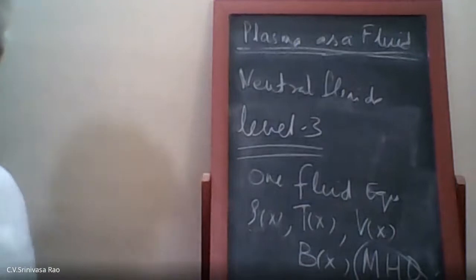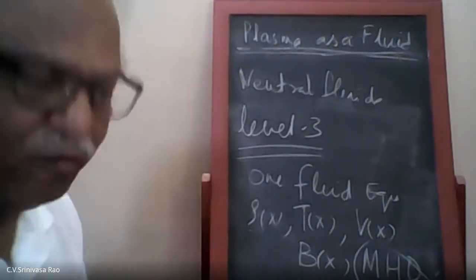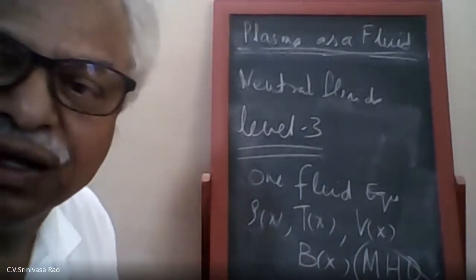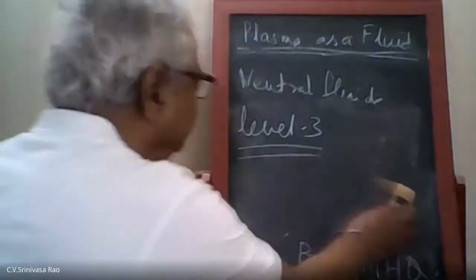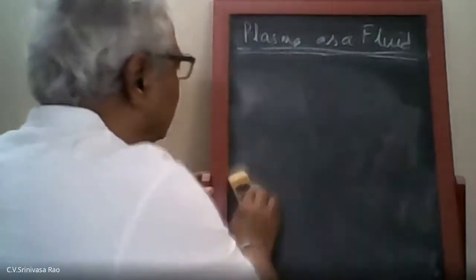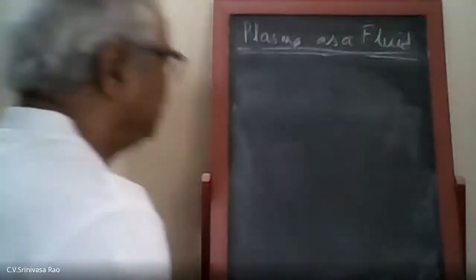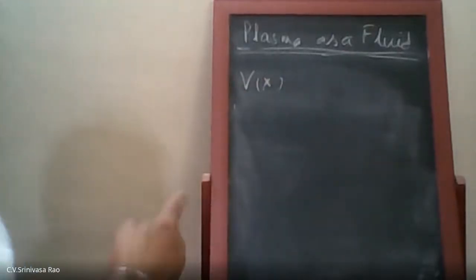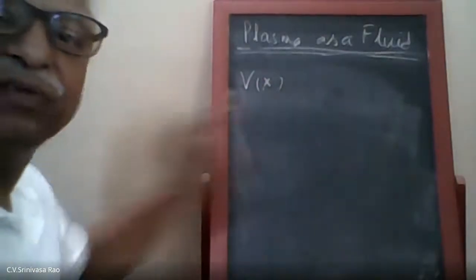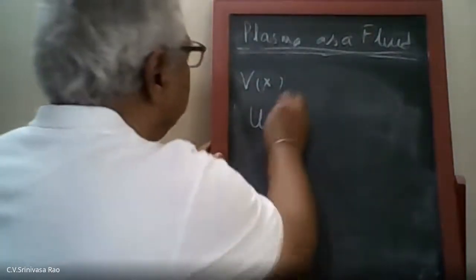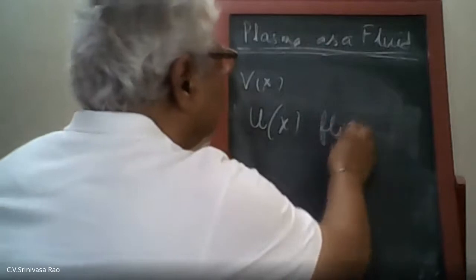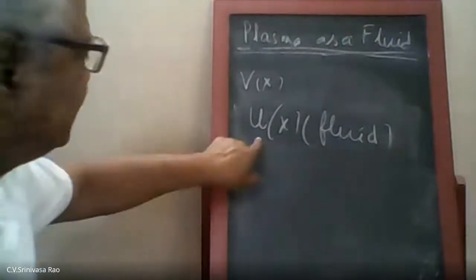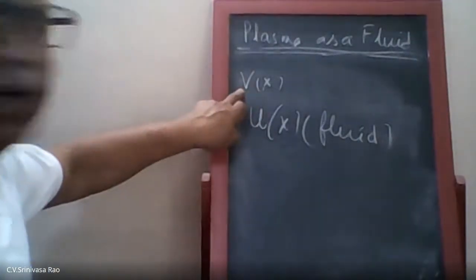So essentially what we are trying to do now is, the whole fluid is broken up into fluid elements. Now instead of having a particle velocity, v, which is a particle velocity, what you will use is u, which is the fluid velocity. So it's a fluid element which has a velocity u instead of v. So same